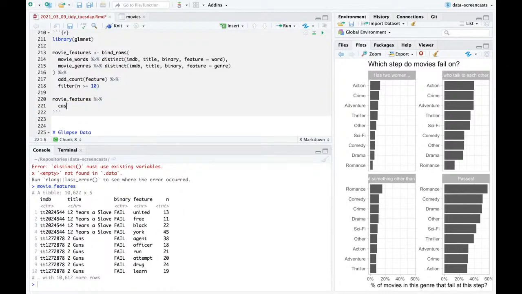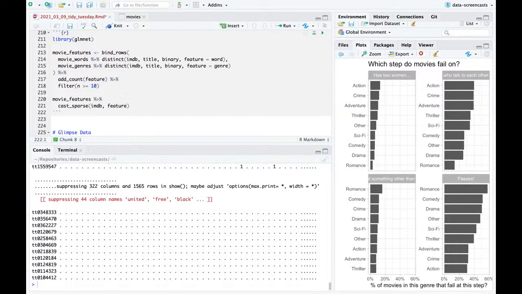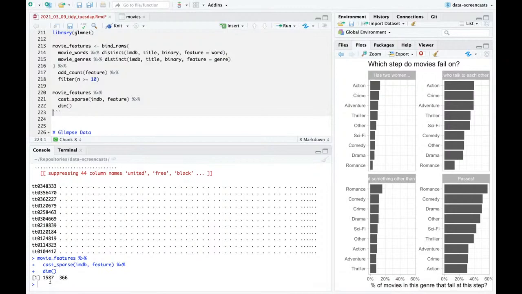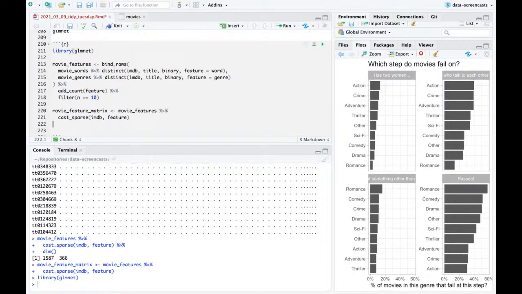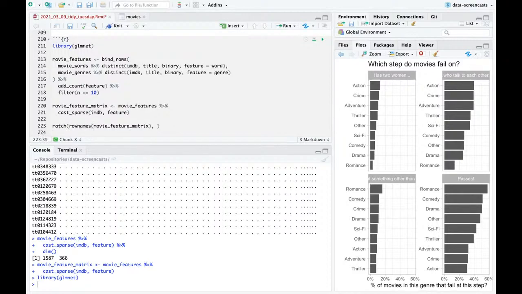So then I can ask a question like, if I cast sparse of feature, over each row is one IMDb ID and each column is one feature. Now I have a matrix of 1587 movies for which we have a plot description, and 366 words and genres. We're combining all of them. So now we're saying this is a movie feature matrix. Look at that. I've loaded up glmnet, and the remaining thing that I need to do, and this is the one silly part of this process, you've seen me do this before if you watch this, is actually have in a private package I have a solution to this, but